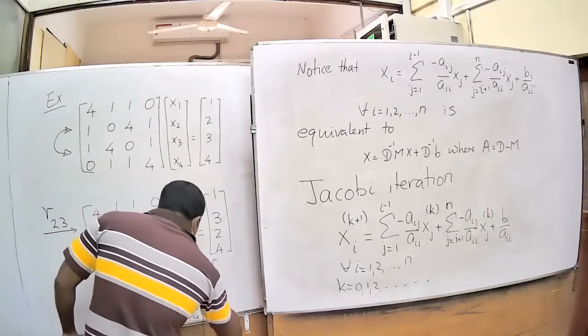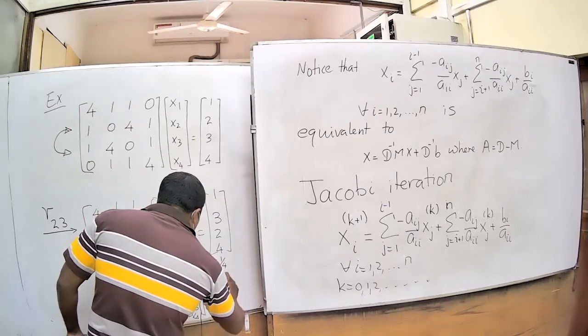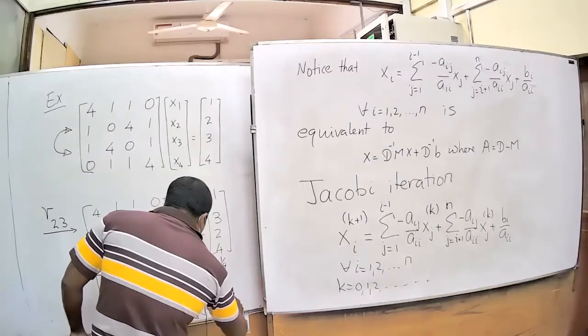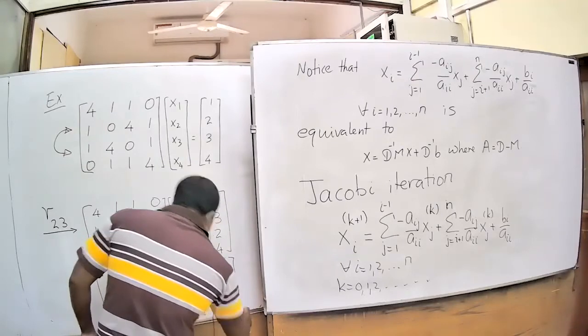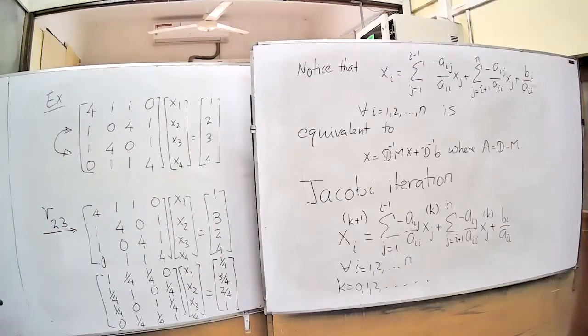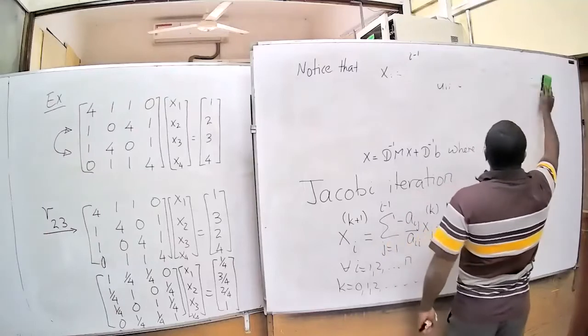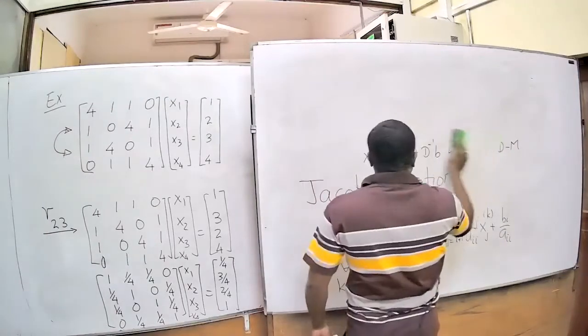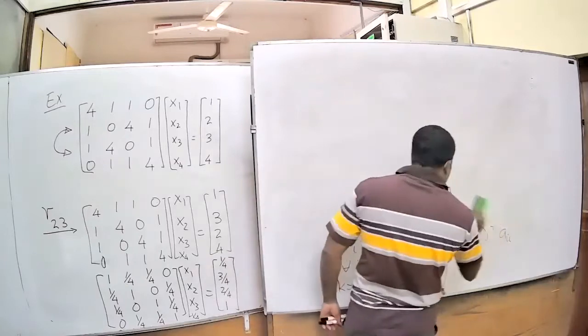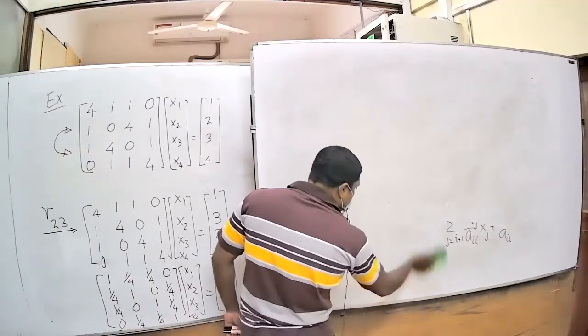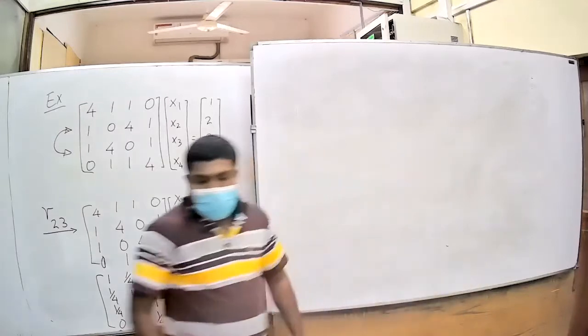Right, so each term you divide by 4. So 1/4, 3/4, 2/4, 1. Right, because everywhere you have diagonal 4, so you divide by 4, you get this. Right? So from this, what do you do? You solve for x1, x2, x3 and x4 for each equation, and then directly you can write the iterative formula.